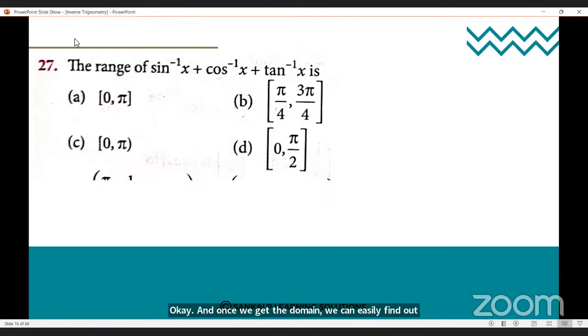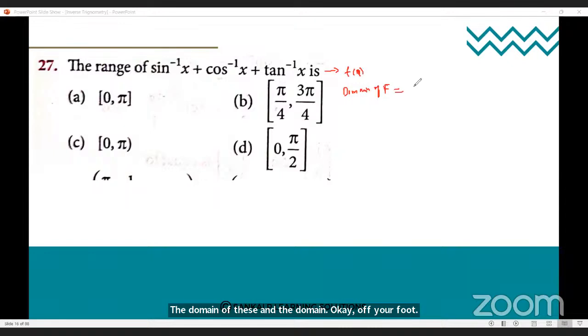So here, the first step is that we are trying to combine the domains of these functions. Okay, the domains of this function. So first we are simplifying and writing down the domain of sine inverse x plus cos inverse x plus tan inverse x. So see the given function, okay, the domain of f is equal to